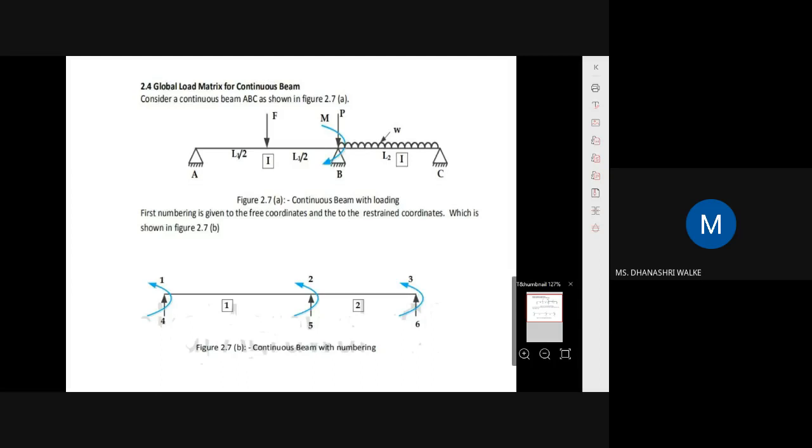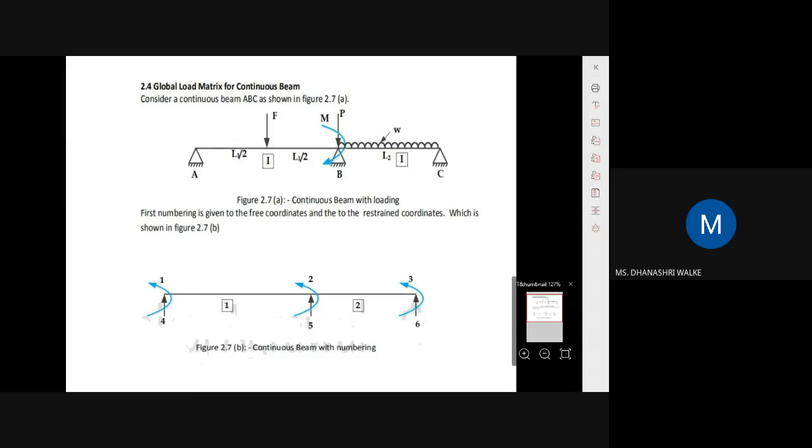So in the last class, we have seen the derivation of the stiffness matrix. So we have derived that matrix, which you have to keep in mind for analyzing problems based on beams. Before we start a problem, I will tell you how to give the numbering to the